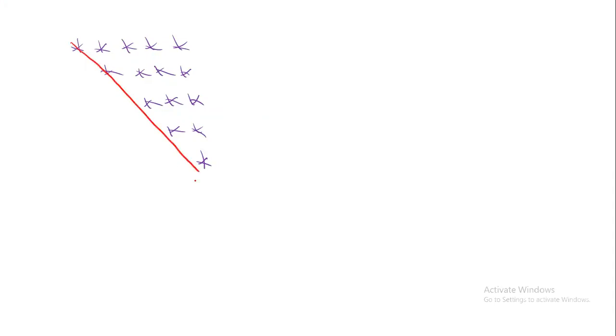Line equation is I is equal to j. But you should not write in the terms of I is equal to j. Always j should be on the left hand side. That is how this trick will work. J should be on the left hand side. So j is equal to I. This is what you have to write. So what's the line equation? J is equal to I.